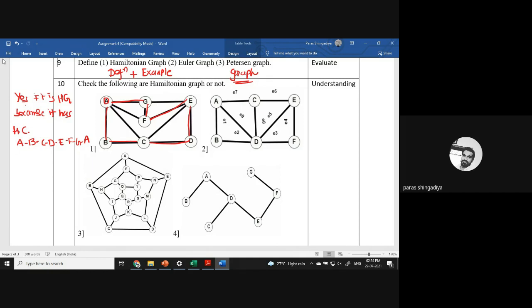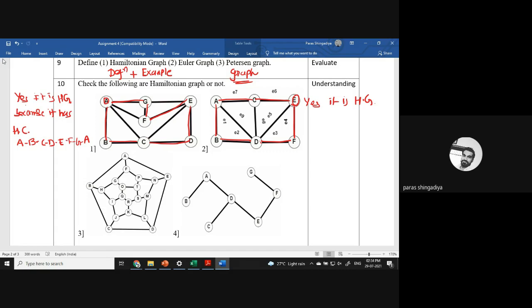Now for the second one, is this graph Hamiltonian? Yes, that is also Hamiltonian because you just move on the boundary only. You have to move on the boundary, and you can easily create such a circuit which covers every vertex exactly one time. So let's start with vertex E. E is my starting vertex. E to C, C to A. A to B, D, and I can also consider this edge. Otherwise, let's move to F and to E. So that is my circuit. So the answer is yes, it is a Hamiltonian graph.